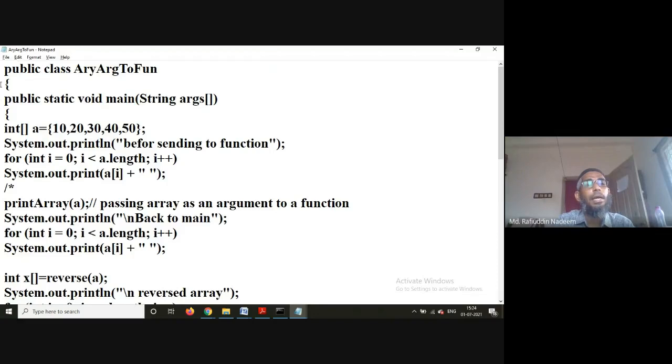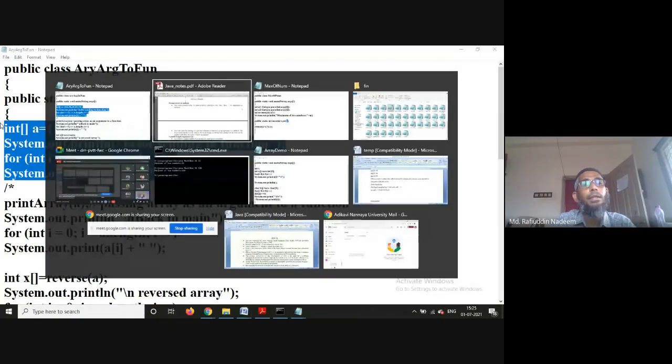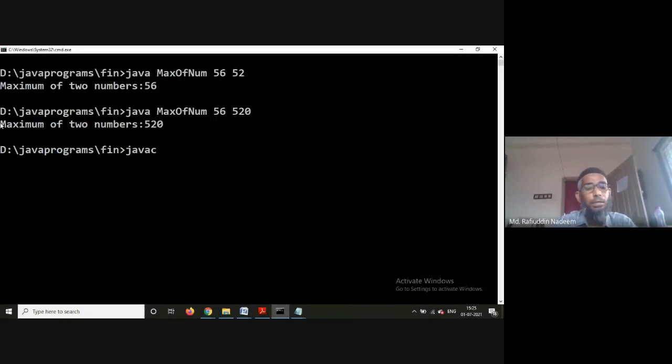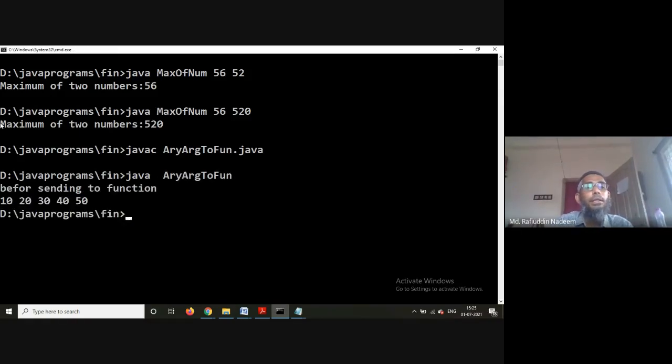Now I have just declared an array, and I'm just displaying those values. Okay, so let us see what will happen. Look at this. Before sending it to a function, the values are the same: 10, 20, 30, 40, 50.